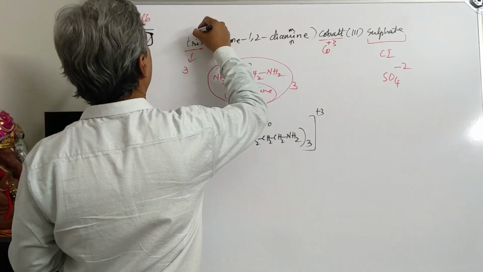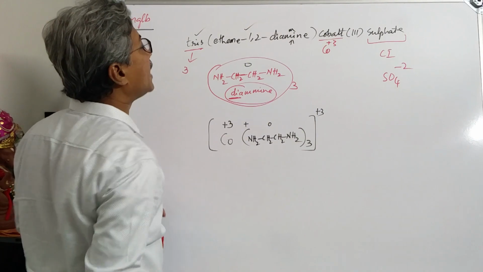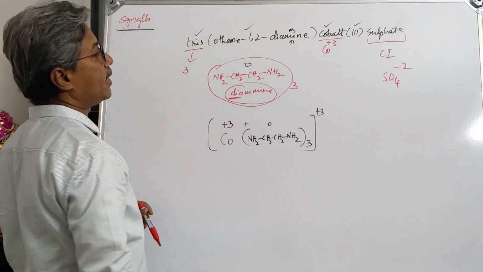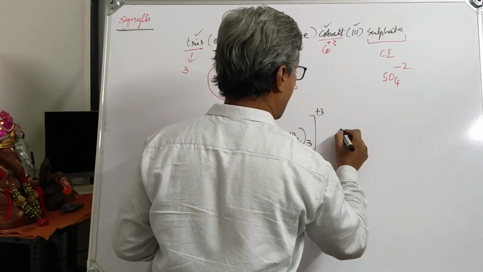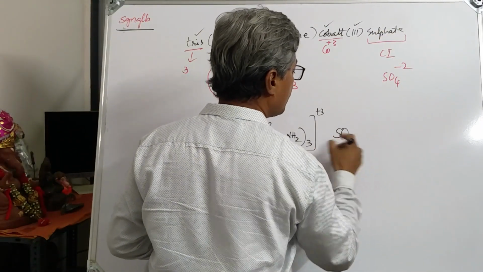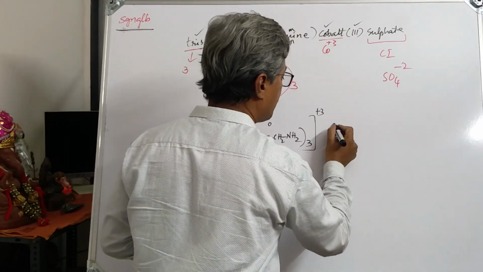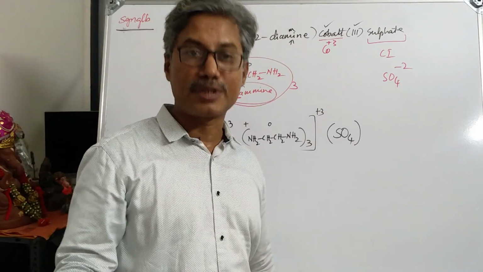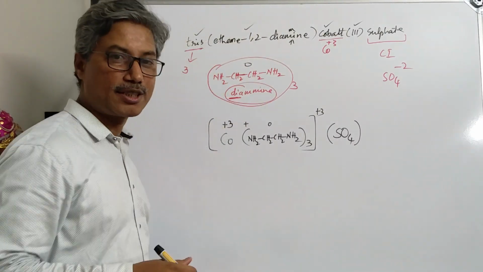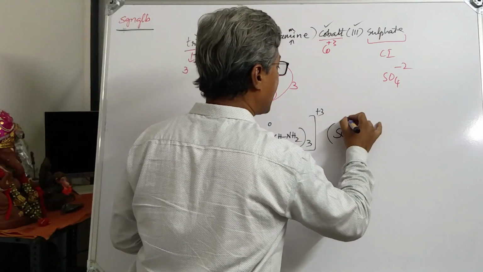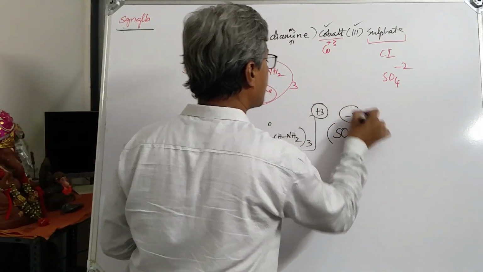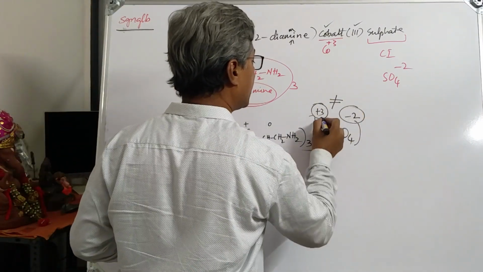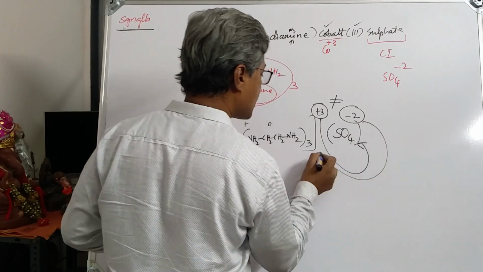What all have we done? Tris is taken care of. The name of the ligand is taken care of. The metal is taken care of. Its oxidation state is also taken care of. Then sulfate is remaining, SO4. It is polyatomic, therefore some bracket is necessary. If it appears more than one time, how will you decide how many times it appears? Take the charges into consideration. What is the charge on the sulfate? It is -2. Are these two charges equal to each other? No. Therefore, as these two charges are not equal, they should be written as here.